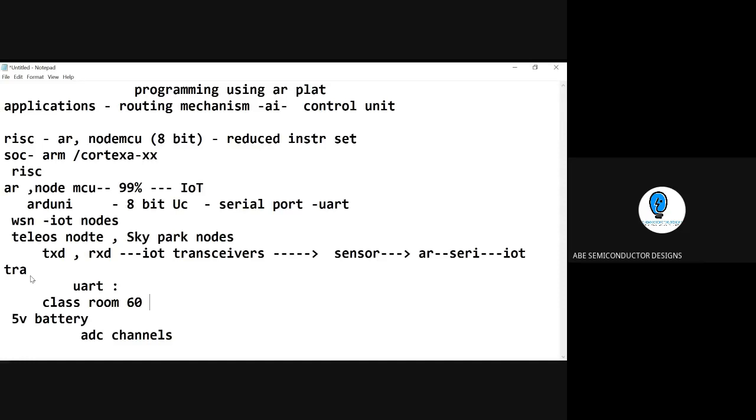When two heterogeneous devices are operating at different speeds, that is called asynchronous communication. The best examples are Bluetooth, GSM, and the IoT transceivers we talked about; all work on asynchronous communication. This is one kind of methodology.